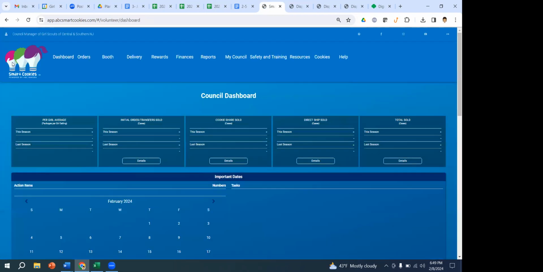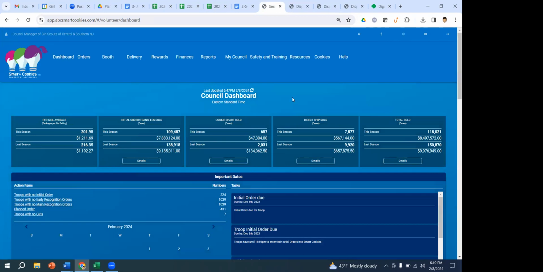In the end, if it still shows that, what will I need to do to fix it? You have to do a girl to troop transfer back. So pretty much what happens is, if troops don't fix it before they get locked out, my team looks at it. And what we try to do is look at a girl and take those number of packages away, from a girl who won't be affected in her rewards. So say a girl has 401 packages assigned to her. If we take one package away from her, we know it's not going to drop her to the lowest cookie reward. You know what I'm saying? So we try to just take it away from a girl, and you can do a girl to troop transfer.